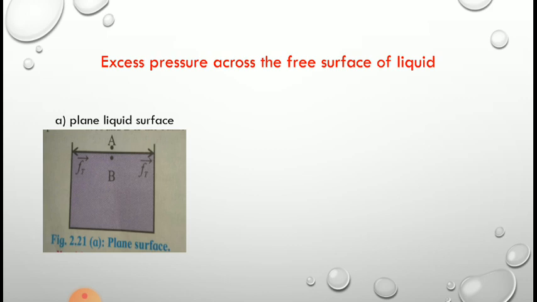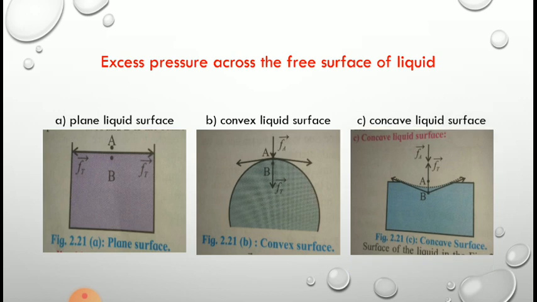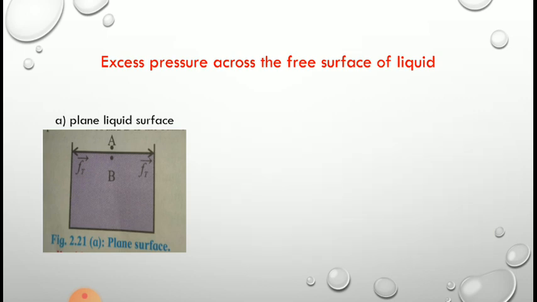In this figure, let Fa be the downward force due to the atmospheric pressure. All the three figures show you two molecules A and B. Now if we consider only the first figure,